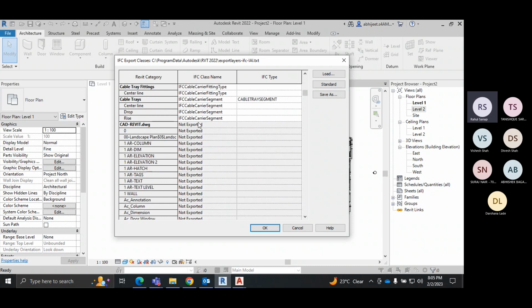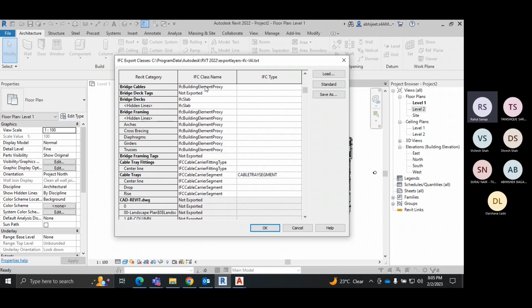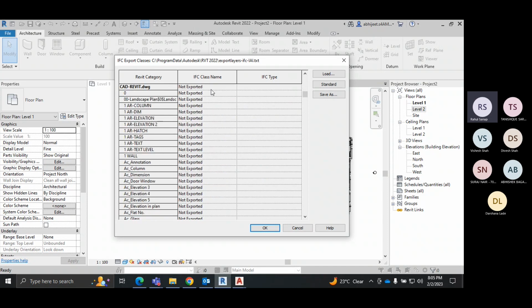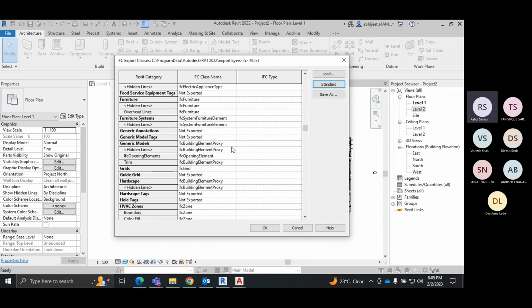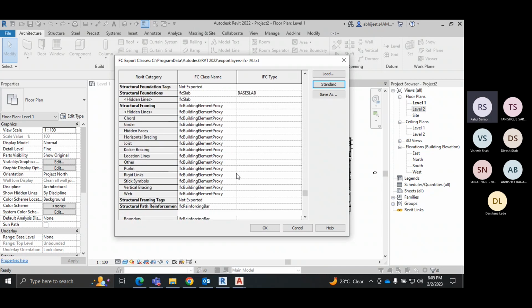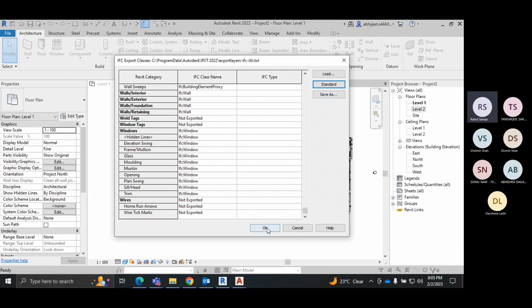सो यहाँ पे देखो हर एक का प्रॉपर्टीज है। ओके, क्या क्या एक्सपोर्टेबल पॉसिबल है ये आपको बता रहा है आईएफसी क्लास नेम। ओके, उसमें अगर नॉट एक्सपोर्टेड है, मतलब इसमें हम लोगों ने कुछ डिफाइन नहीं किया है, सो इसके लिए वो नॉट एक्सपोर्टेबल है। अपार्ट फ्रॉम दैट, अगर यहाँ पे आपको कुछ स्टैंडर्ड सेट करना है, सो स्टैंडर्ड में अगर आप जाओगे तो यहाँ पे 2x2, 3x3, उसका भी एक मीनिंग होता है, वो कौन सा करना है आपको मैं दिखाता हूँ। ओके, अब ये स्टैंडर्डाइज कर रहा है आपके प्रॉपर्टीज जो भी आपने यहाँ पे मॉडल किया है उसके हिसाब से। तो स्टैंडर्डाइज करने के बाद आपको उसका इंफॉर्मेशन इन डिटेल मिलेगा।